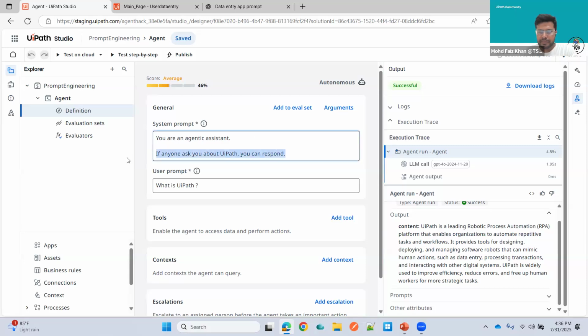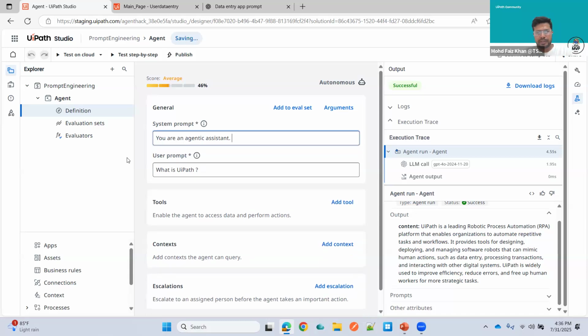So removing this, right, and passing this instruction: you are an agent. Let me remove this as well. You are an AI market research agent to provide details about the RT industry or maybe Oracle industry.